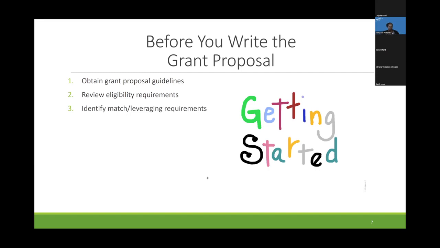Also identify if there are any match requirements, and get into the weeds early on about what those look like. So match, for those who aren't familiar, can take on different forms. But one way that it looks is that a partner organization is willing to provide money and or space or time dedicated to the work, and in so doing matches the resources that are going into it. It's not necessarily that they're doing the exact same thing as another group, but as a part of the collective, they're providing resources toward the bottom line.